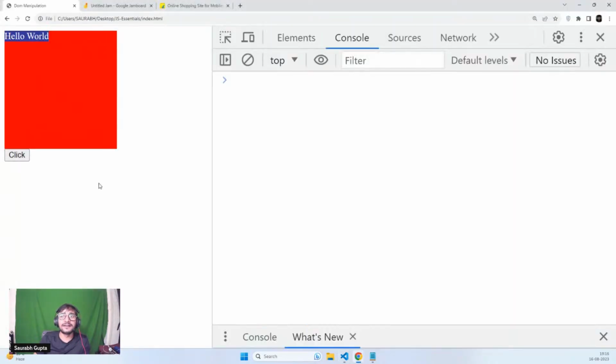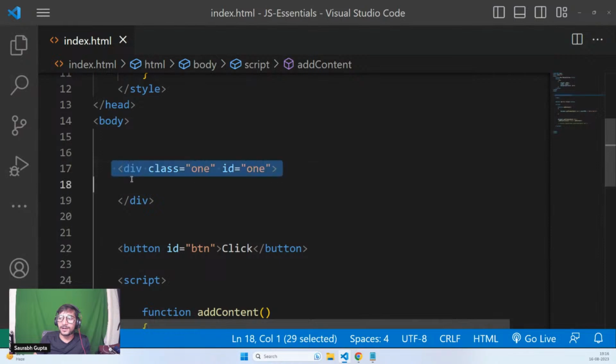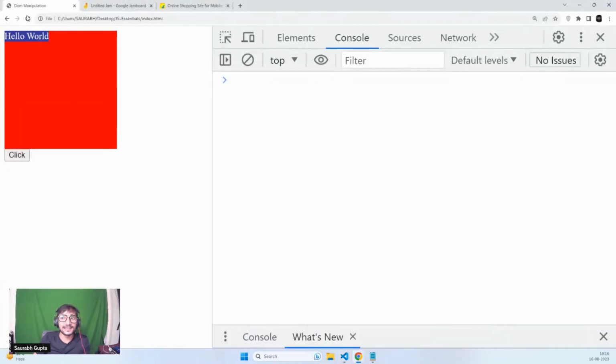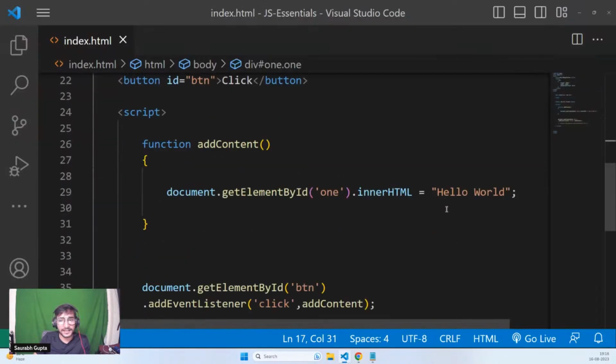See that, everyone? We dynamically put content in my div without changing anything in the HTML code. In the HTML code, it's still empty. But using JavaScript, you did it on the spot. And see, guys, it happened while running. You didn't have to refresh your page. That's the power of JavaScript. And not only, guys, not only textual content. If you want, you can also put